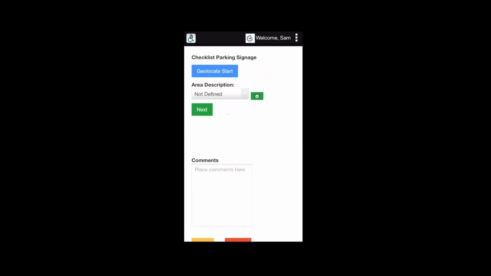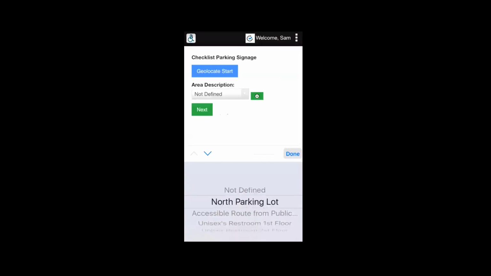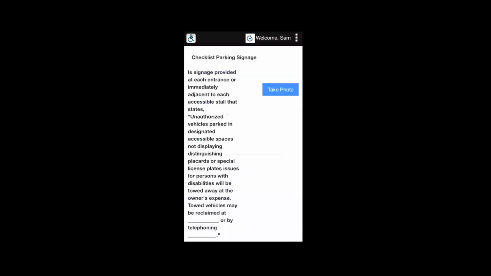So this is a California one. So I'm going to select the area. I'm going to go back to north. I'm going to take the same north parking lot. Next. And it asks me, is signage provided at each entrance or immediately adjacent to each accessible stall that states unauthorized vehicles,